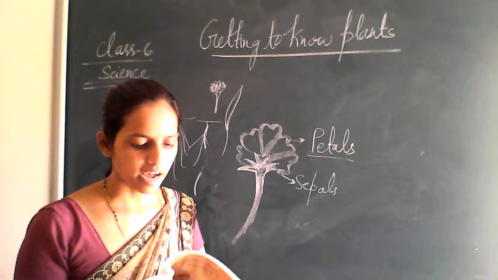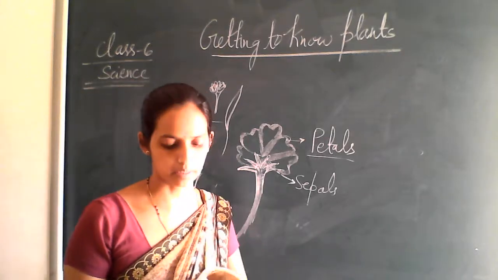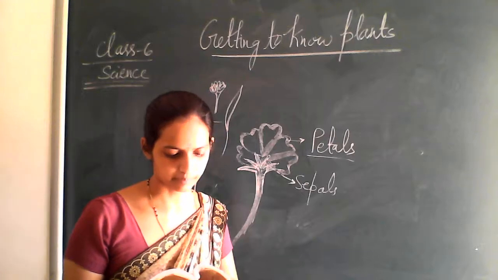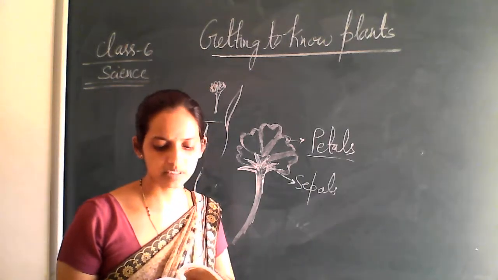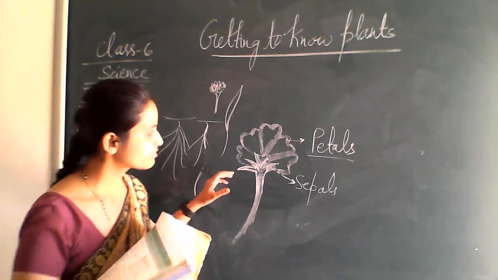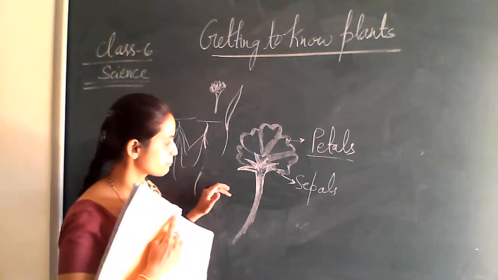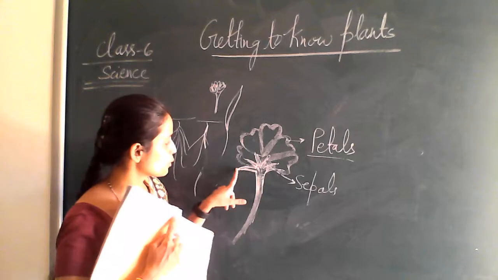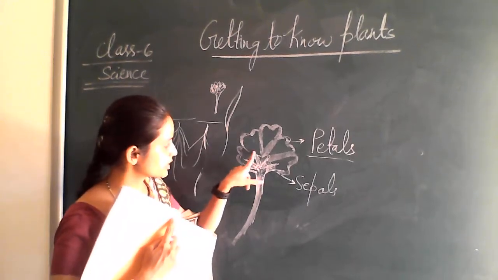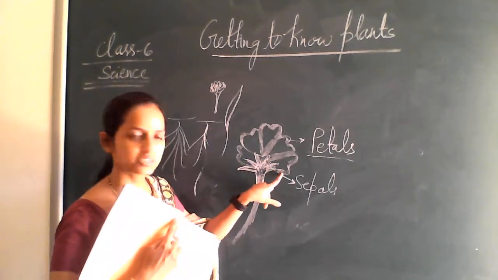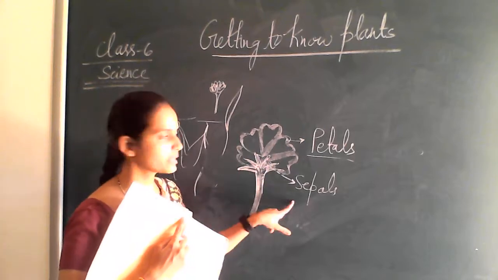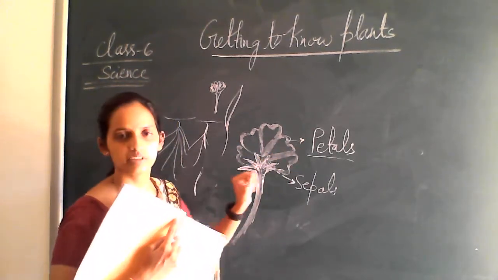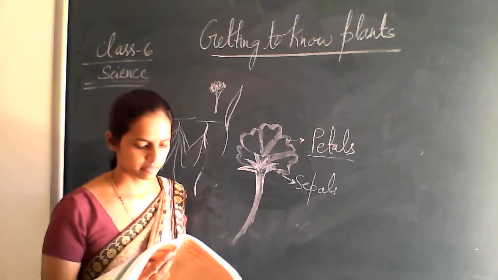Take a flower and observe its petals and sepals. Okay. Now answer the following question. How many sepals does it have? Okay, now I have drawn the petals and sepals of the flower. So how many sepals can you count? 1, 2, 3, 4, 5, 6. So it has 6 sepals and the petals are 1, 2, 3, 4, 5. So it has 5 petals, right?